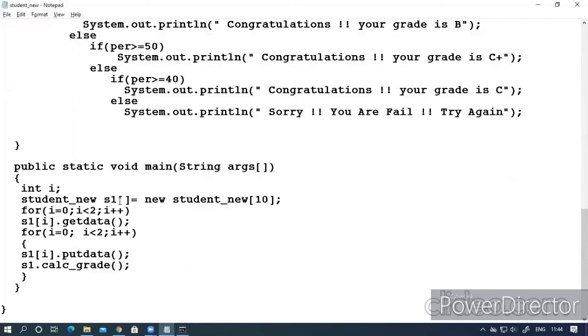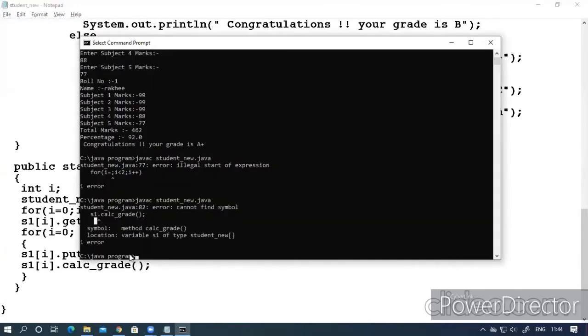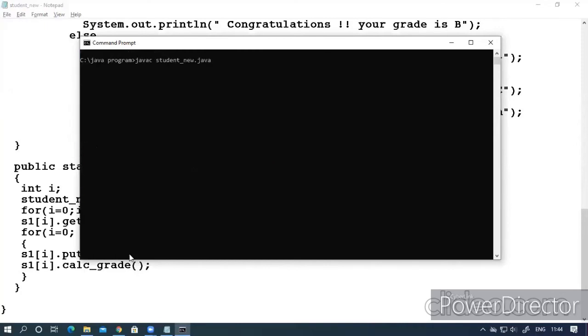What we have is an array of S1. So I have to mention the subscript with this. So my program has executed. Now I have to run this program again.